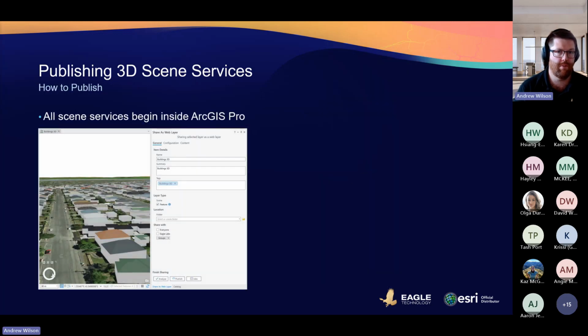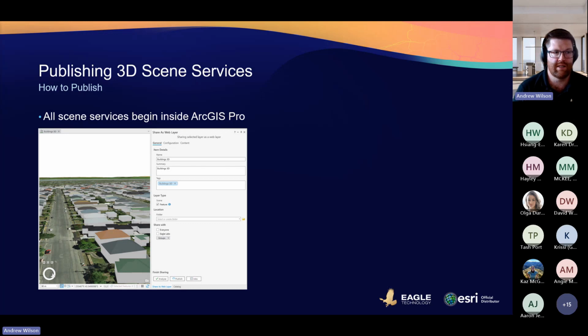So how do we publish? So all scene services begin inside ArcGIS Pro. That's the fundamental. You'll add your content to Pro and then you'll share as web layer, as Boudewijn previously showed. But there's 4 different workflows and it will depend on what type of 3D scene you're trying to publish.